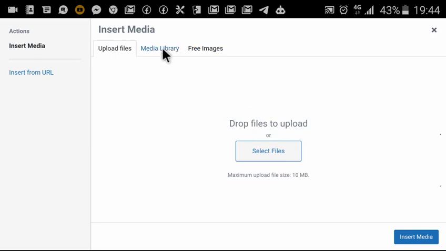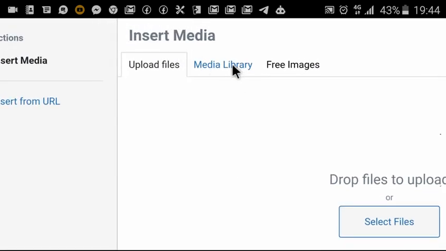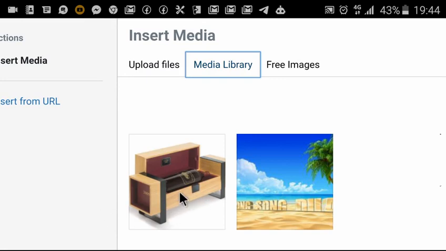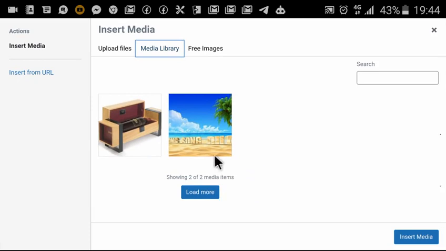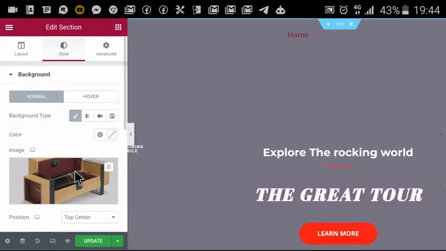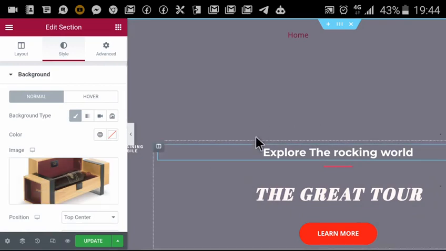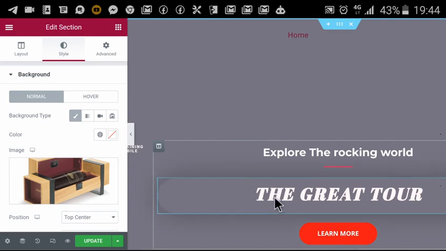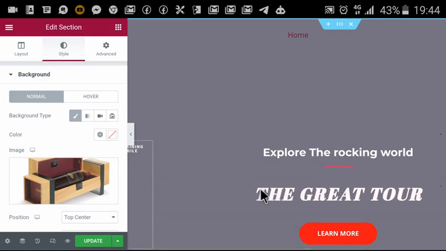So we go ahead and select an image from the media library, the images we imported. Guys, you want to import images which are very low in size but high in resolution, images which are good like this. Let me check this. But if you don't have images, I prefer you go check on free images. You see, this is the image, and it will be loading here soon enough, so we can see how it looks on this part of the website. On mobile it takes a little time, but I think on desktop it's not going to take that much time. So what we want to do is just wait for it to load,